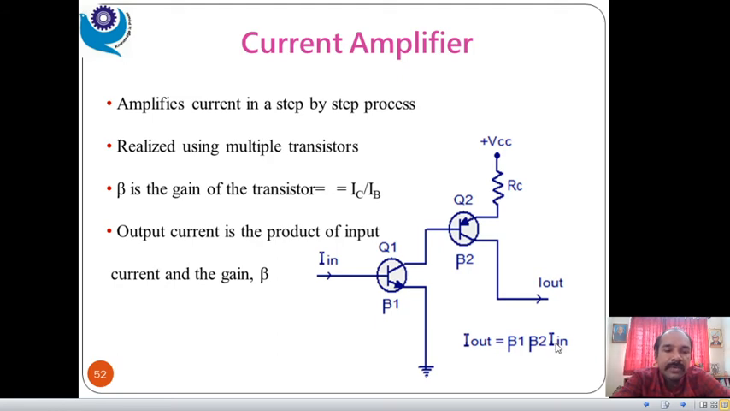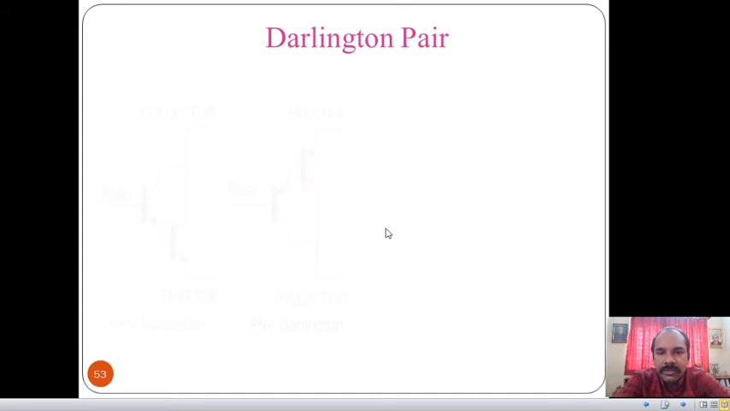If we divide the output current by the input current, it is nothing but the beta, which is the overall current gain of this amplifier. Here the only factor we are concentrating on is current, not voltage. One more example that we can see over here,